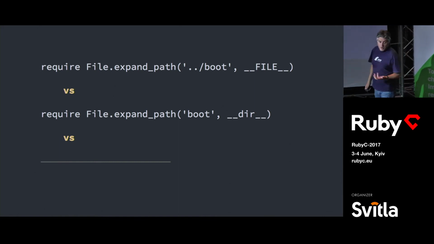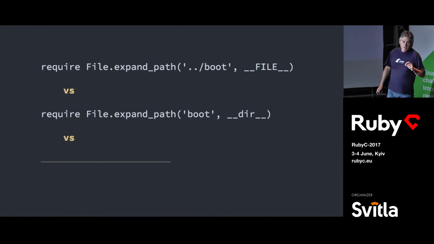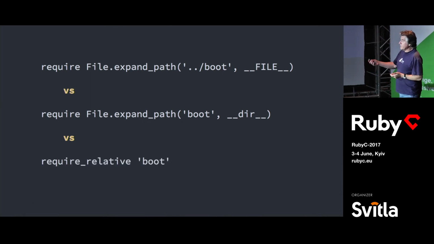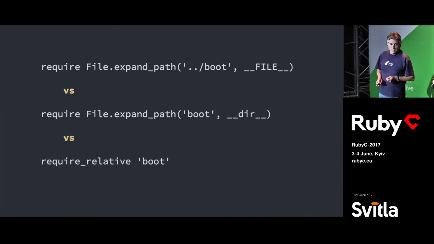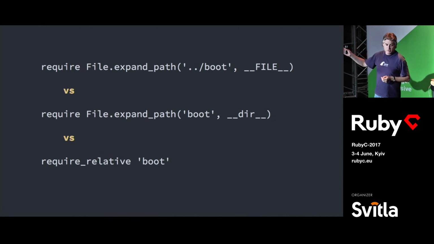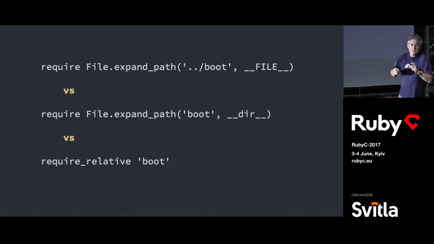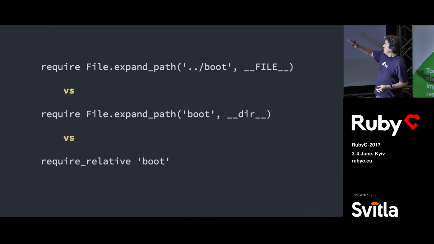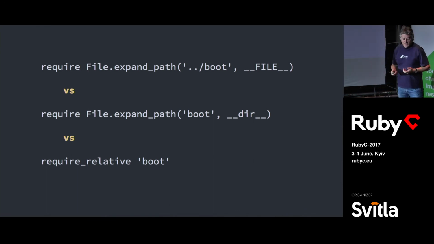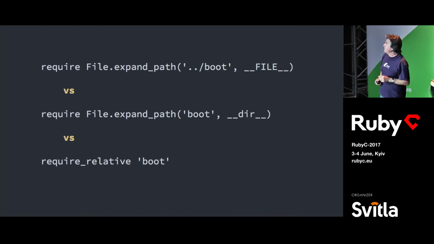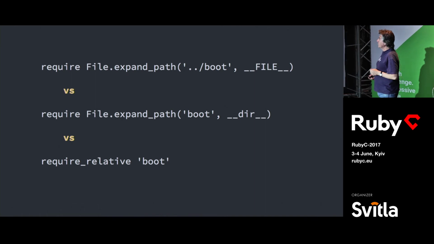In the case of require, we still have one little step forward, which could be require_relative. This is even shorter and even more clear. But in the case where you are not using that path name for a require, using __dir__, I believe, is much more natural than doing all this jumping with the __FILE__ thing. And coincidentally,